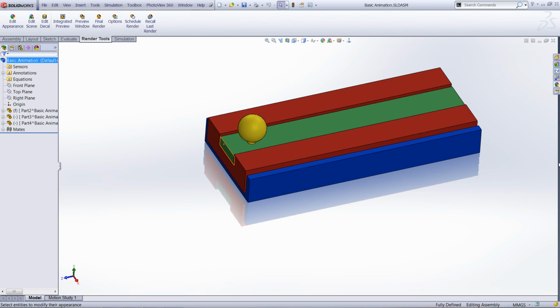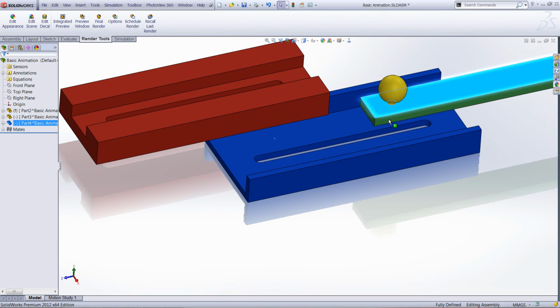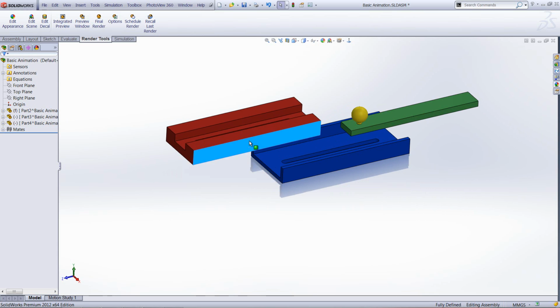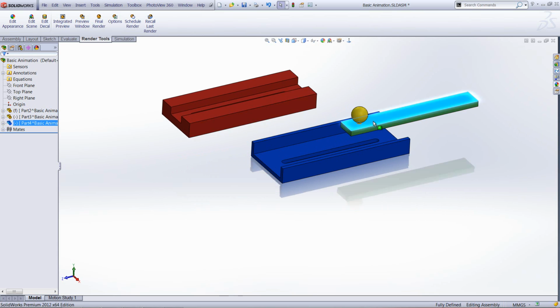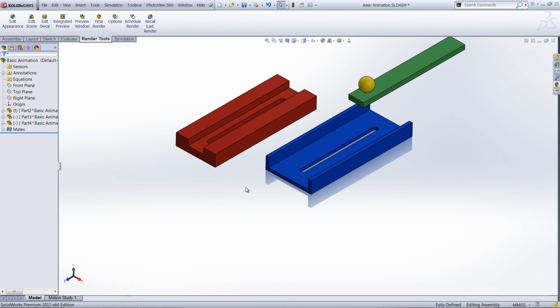So if we have a look at this assembly, it's currently undefined. So these components are free to move around their degrees of freedom. Now what we would need to try and do here is reduce the amount of degrees of freedom that these components have to simulate the type of movement we would expect from this assembly. So what I'm going to do is, and we should all know how to do this, I'm going to start applying some mates to the assembly,